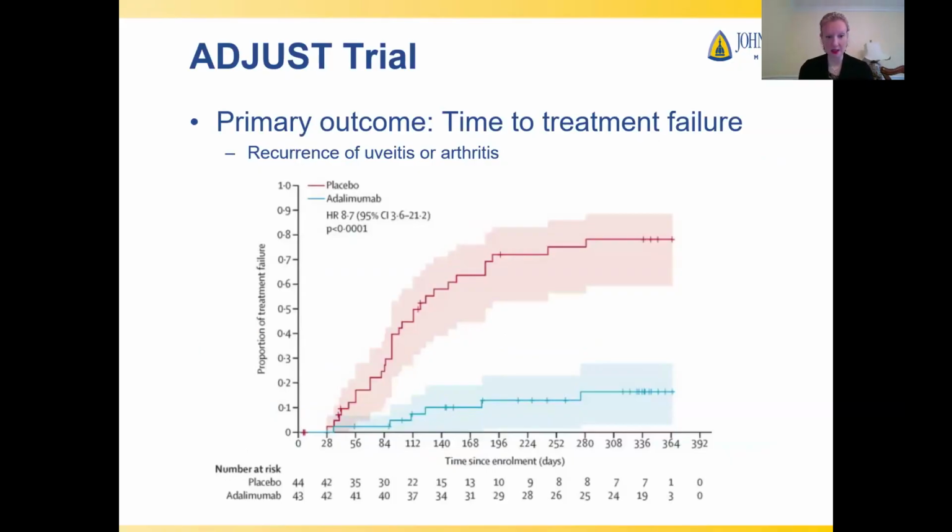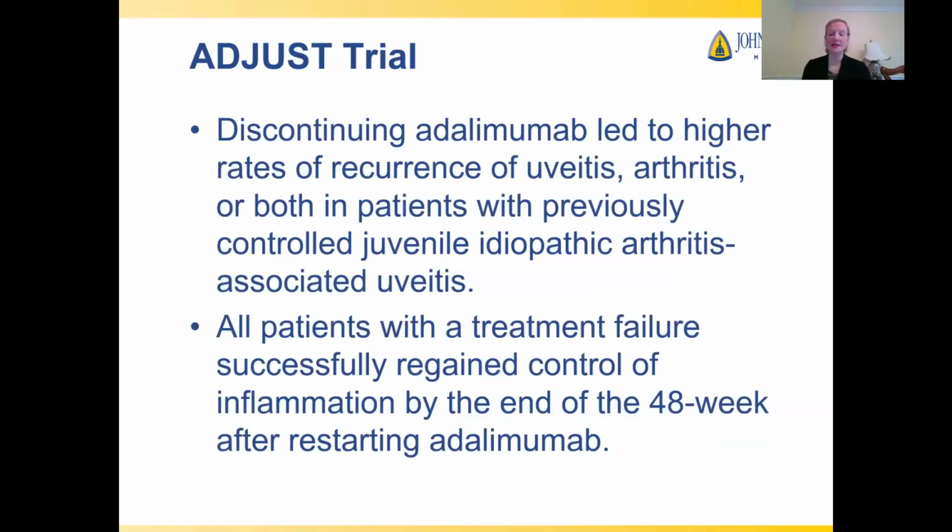Primary outcome was the time to treatment failure, and that it was either recurrence of uveitis or arthritis. And you can see here in the Kaplan-Meier curves that the time to failure was shorter in the placebo group, as you can see here. So discontinuing adalimumab led to higher rates of recurrence of uveitis, arthritis, or both in patients who previously had controlled disease. All patients with a treatment failure successfully regained control of inflammation by the end of the 48-week time mark. So again, it seems that adalimumab is effective in controlling ocular inflammation in patients with JIA, but it needs to